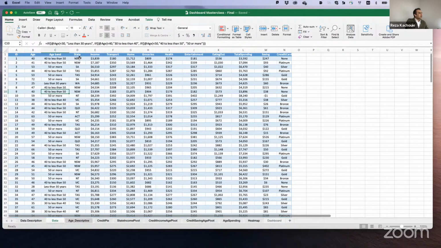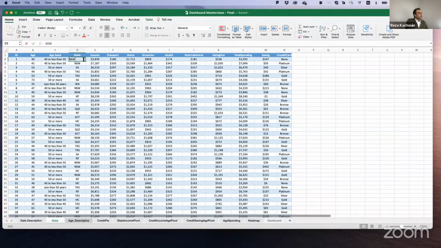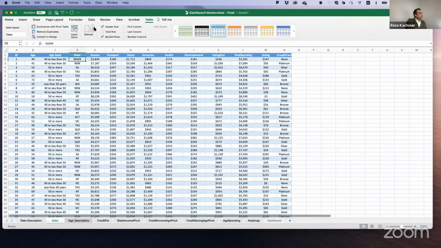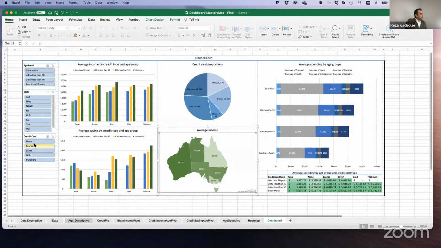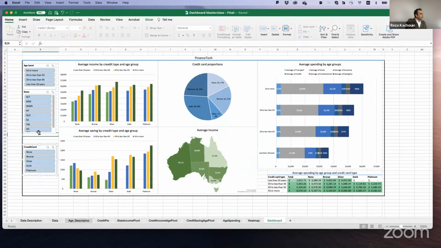Like here, instead of new source fields, I put new source fields R. If I refresh all and go to my dashboard, you can see I have new source fields R. It can be just that you typed in a space or something that it cannot understand. Technically, Excel will not allow a repeat.